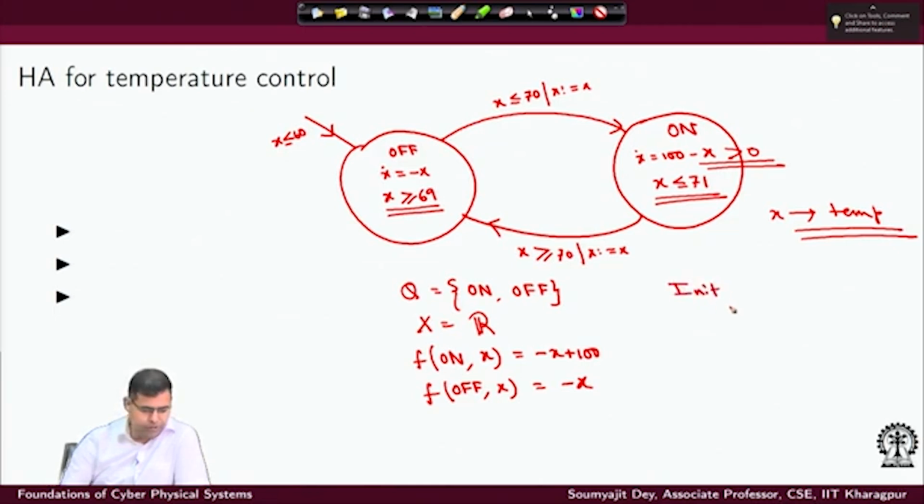Set of initial states. So, it is off, the location, and the valuation of the continuous variable is this. You have this set of invariants, invariant for off,